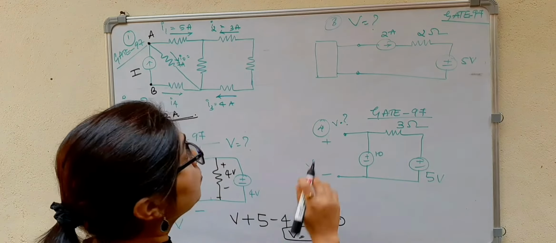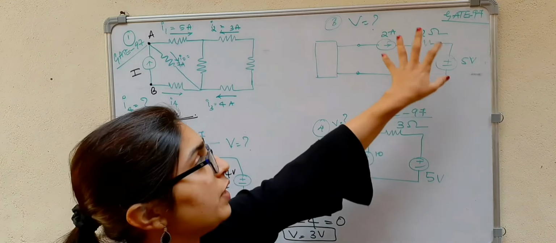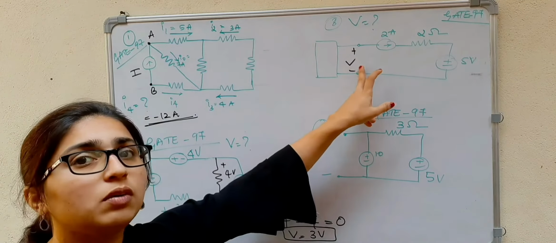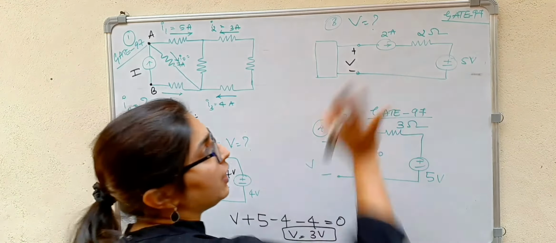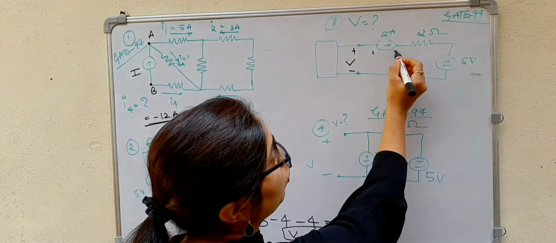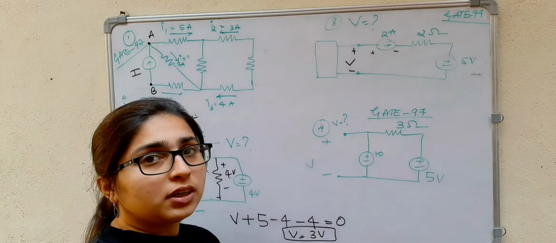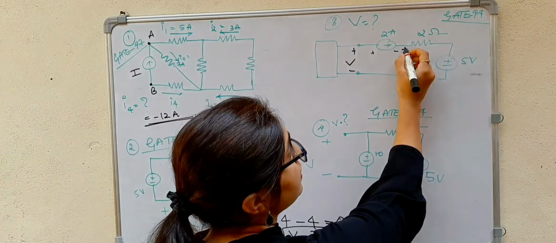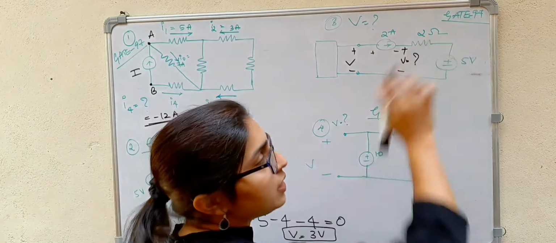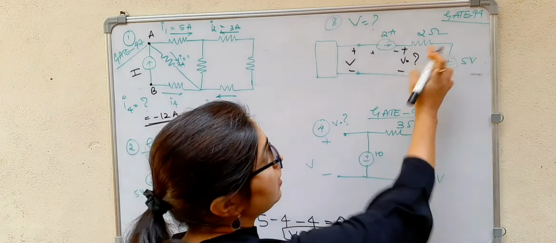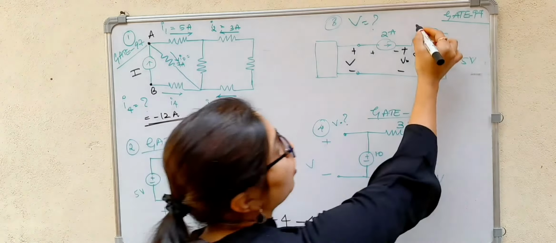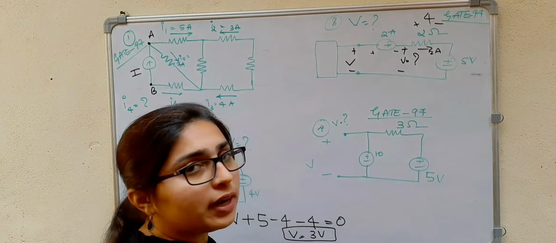Next is to find the voltage V. Here, this is actually the voltage V. We have to find this particular voltage. By seeing this circuit, we can say that this cannot be determined. Why? Because we don't know the voltage across the 2 ampere current source. But if they had asked what this voltage is, then 2 ampere current is flowing through the 2 ohm resistor, so the voltage drop across this 2 ohm is 2 into 2, that is 4 volts.